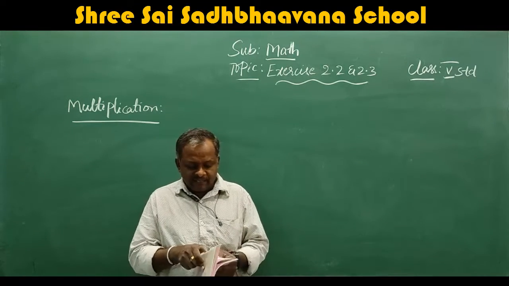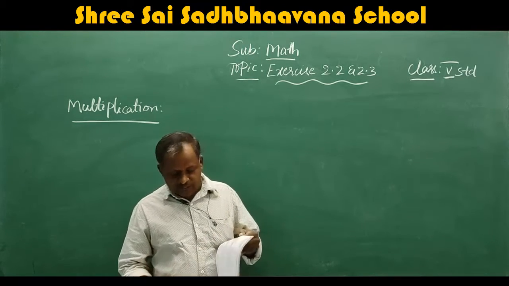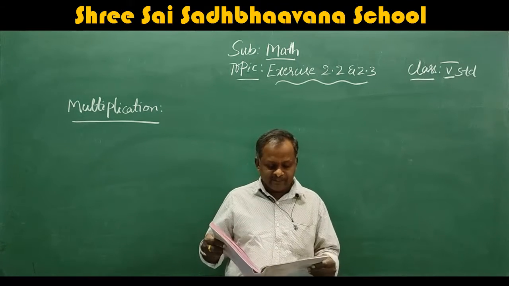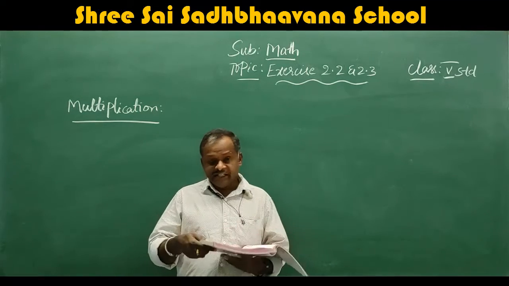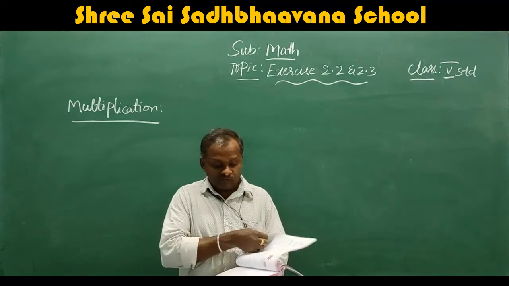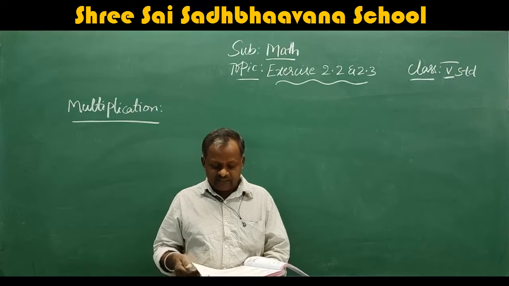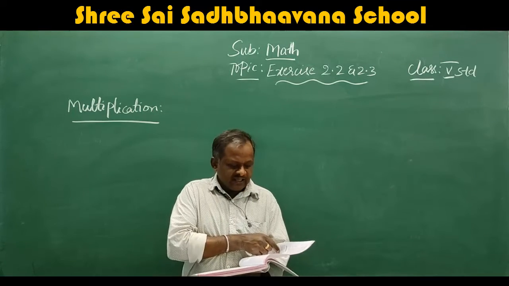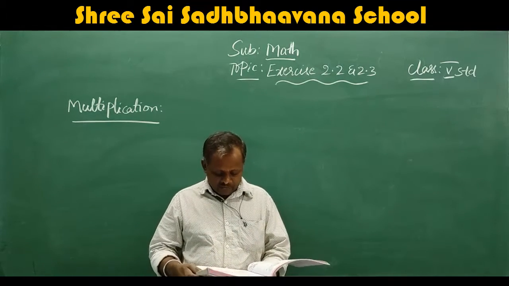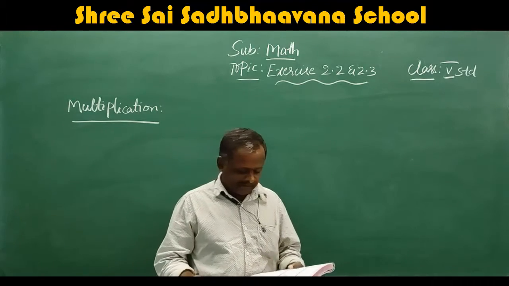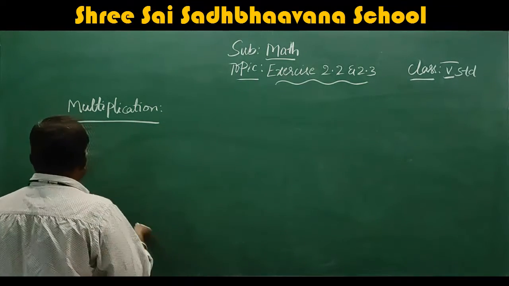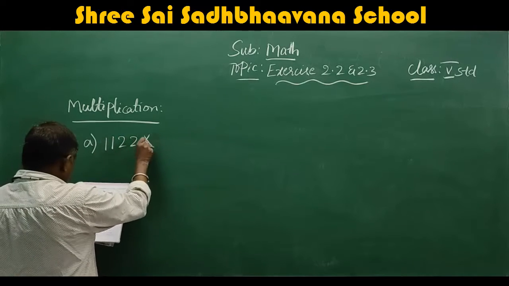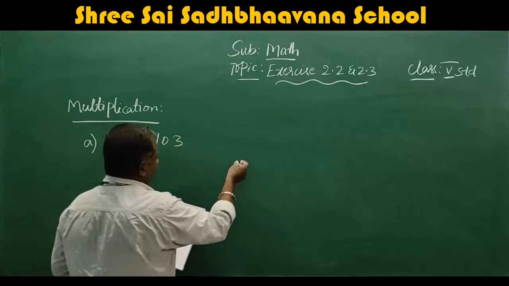So next we will move to the multiplication, that is exercise 2.3, multiplication of digits. Here it will come as 3 digits by 3 digits, 3 digits by 4 digits, 4 digits by 3 digits, like that. Okay, we will do. You know very well the multiplication, nothing to worry, it is very easy. We will now continue exercise 2.3. The first one, find the product of 1122 into 103. That is the A problem.